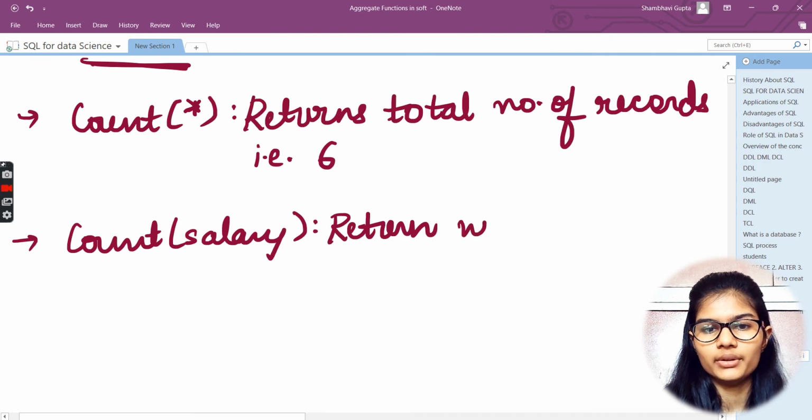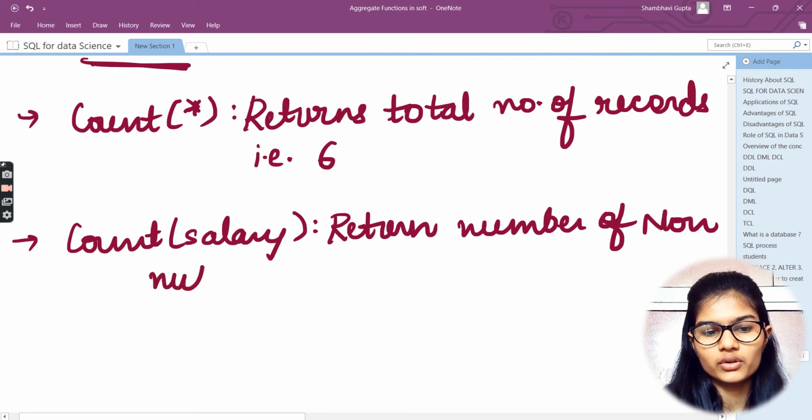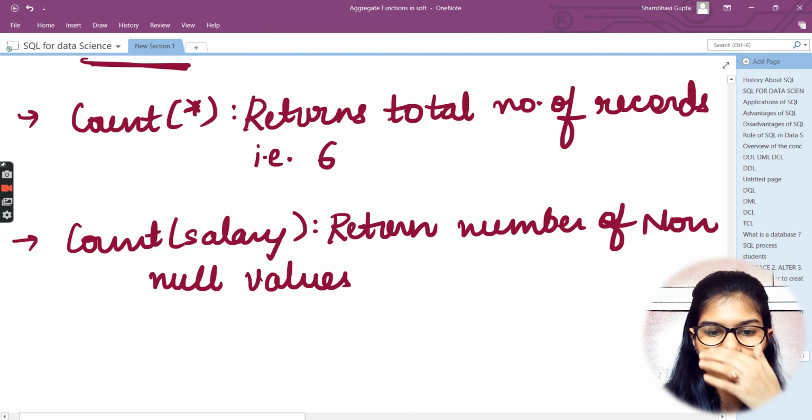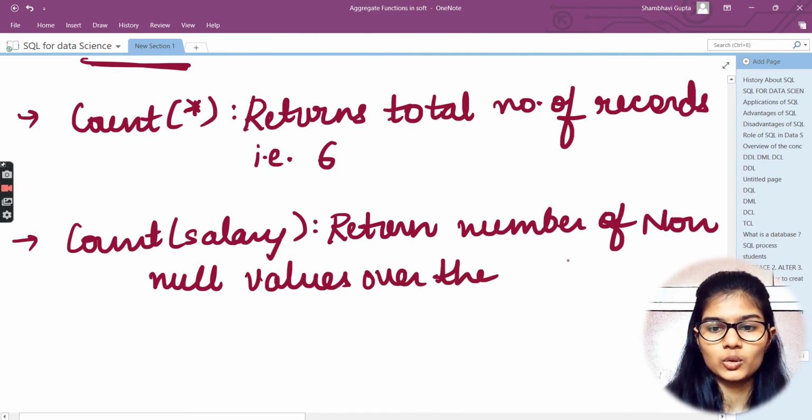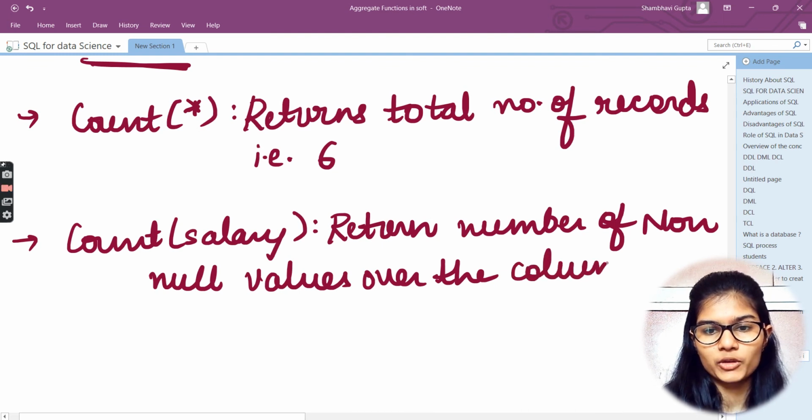Okay, so what will it return? It will return the number of non-null values over the column salary.